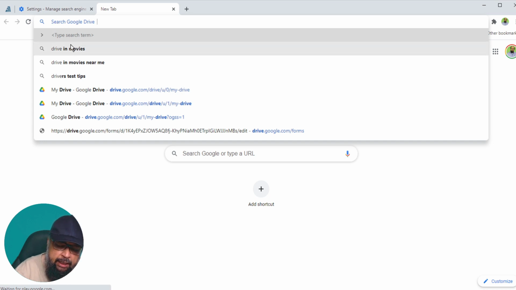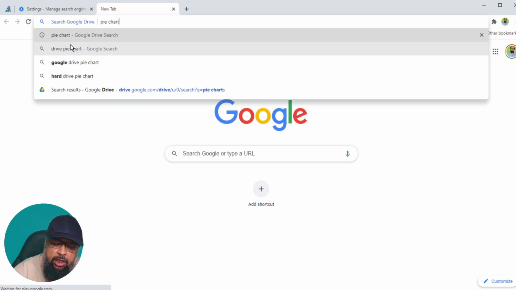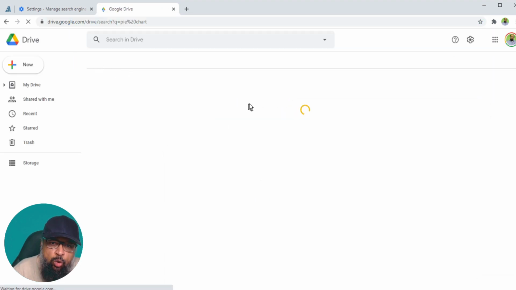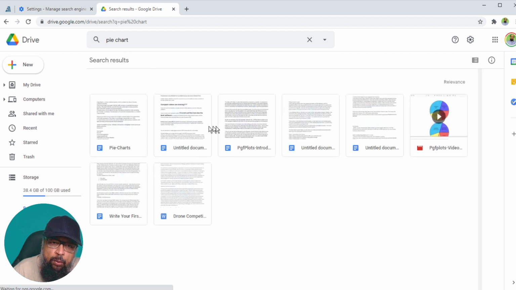And now I can type any word which I want to search, for example pie chart, and I press enter. It is opening my Google Drive, searching for this word, and it will show me all the files, all the Google documents which have this word inside them, either in their name or inside the document.